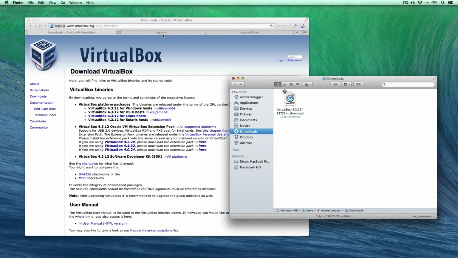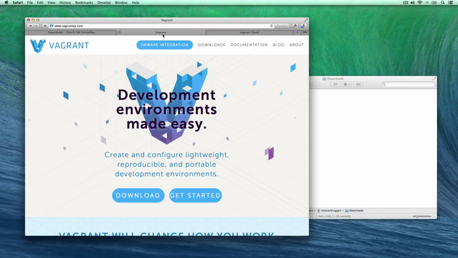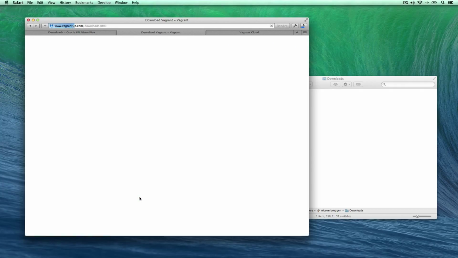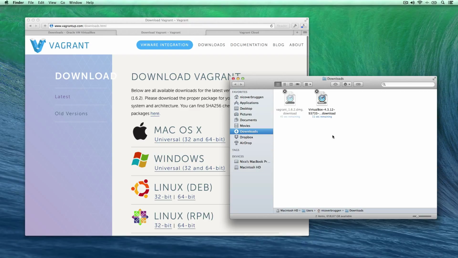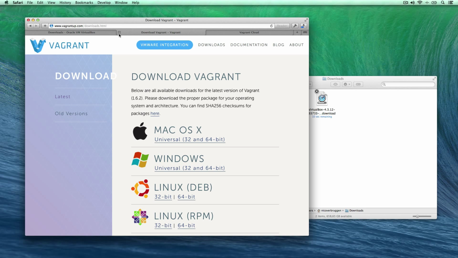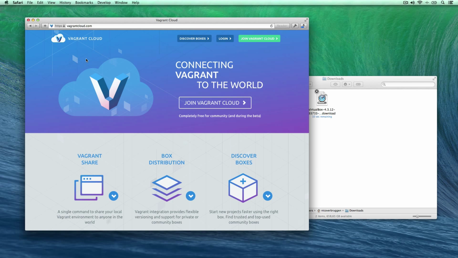In the meanwhile, let's also head over to the Vagrant Up page, vagrantup.com, and then we can download this binary file as well. These two we're going to need, and once they have been installed, we can get started and set up our cloud box. Now notice that at vagrantcloud.com